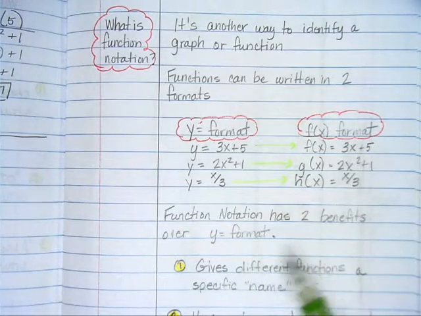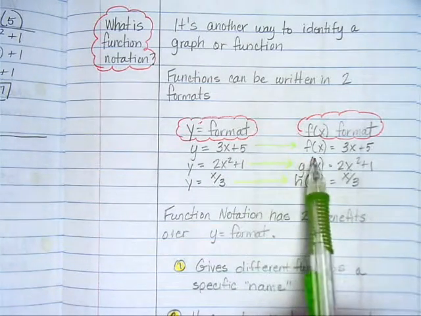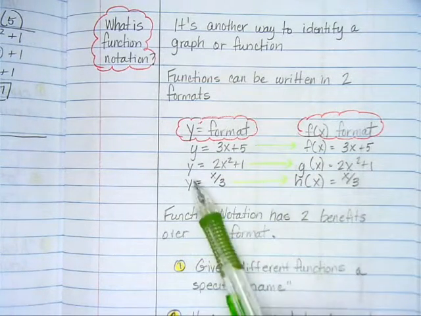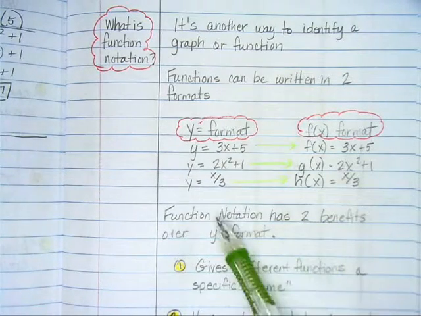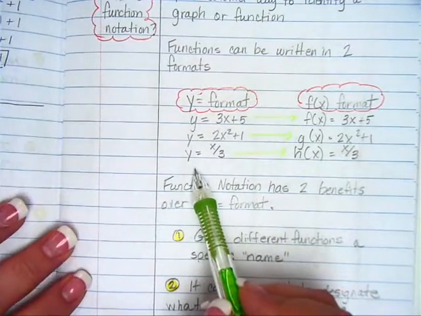by 3. Another way to write those same functions is to replace that y with f of x, g of x, h of x, cat of x, tuba of x, you know my cat and tuba. It's just another name. So if we replaced y with f of x in the first equation, it would be f of x equals 3x plus 1. I'm going to replace this y with g of x, and everything else is the same. And then this y with h of x, everything else is the same. It's just another name. We're just replacing y